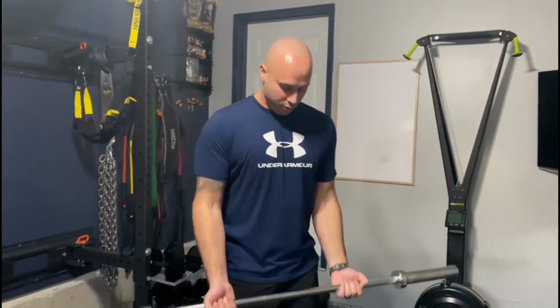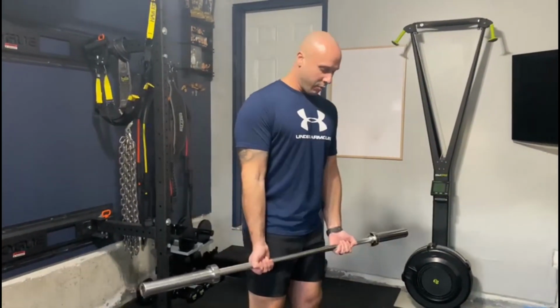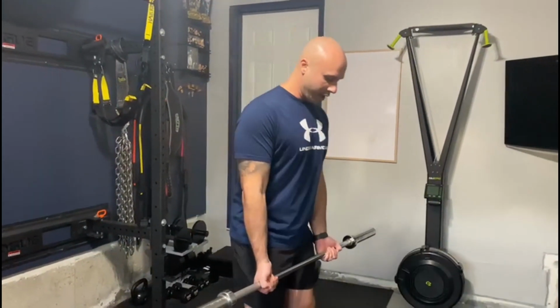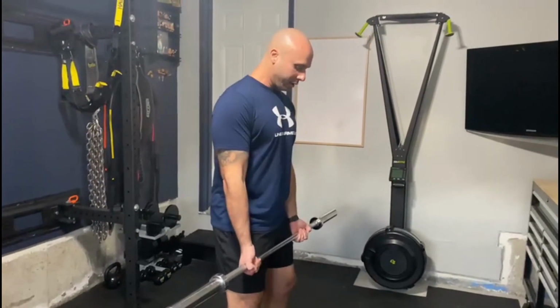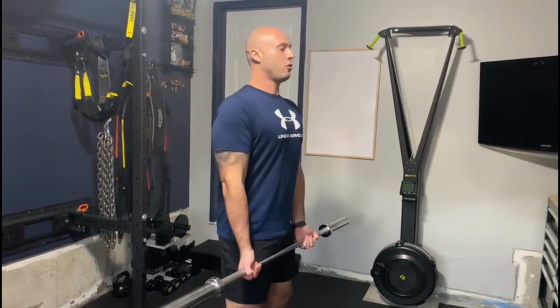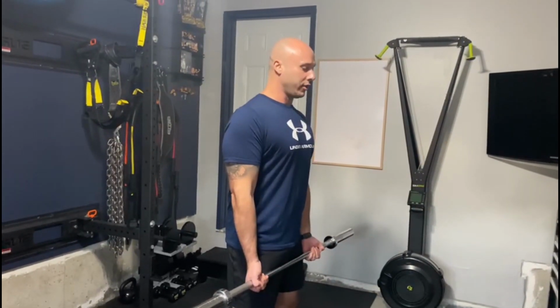We're going to grab it from a shoulder width position. We're going to do a standing barbell curl. Some people like to go split stance for more stabilization, or you can go bilateral. I want you to make sure your shoulders are back and retracted, your core is nice and tight, and when